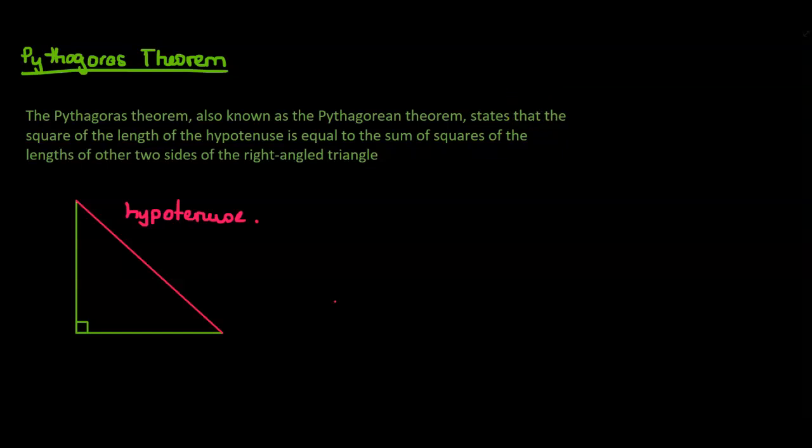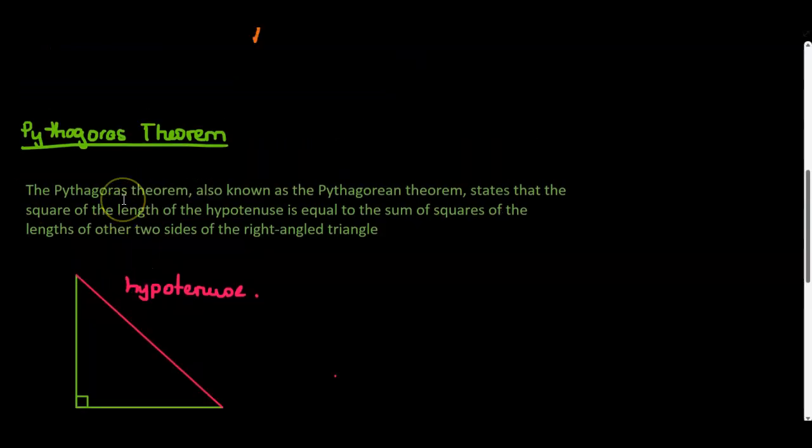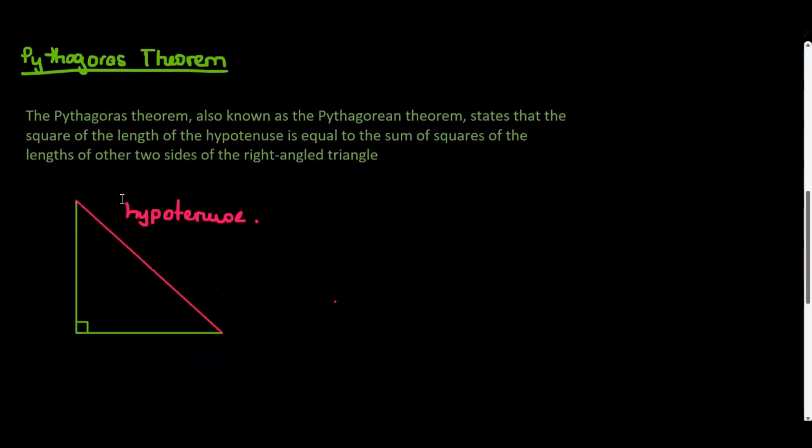So we're going to continue with the Pythagoras' theorem. And the Pythagoras' theorem, also known as the Pythagorean theorem, states that the square of the length of the hypotenuse is equal to the sum of the squares of the lengths of the other two sides in a right angle triangle. Now, the first condition to be satisfied here is that the triangle has to be a right angle